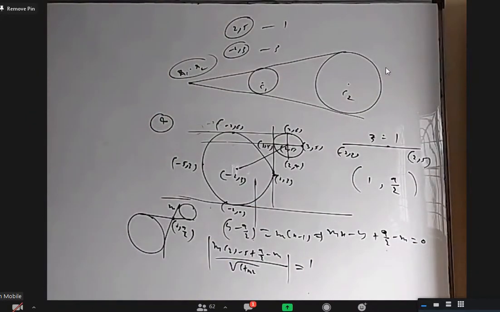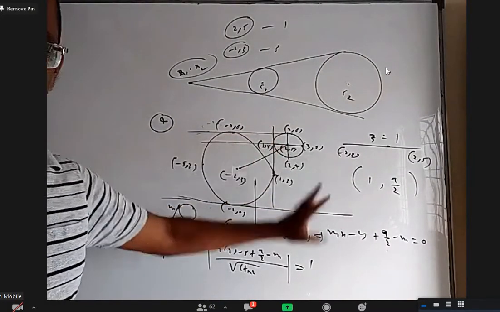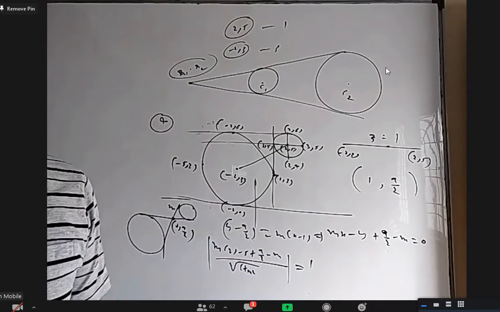Is it okay? Yes, sir. So I'm just giving an explanation why the vertical tangent comes. Okay, but every time you don't have to identify the figure like this. Wherever you're supposed to get 2 answers, if you're getting 1 answer, just take the other one as the vertical tangent.